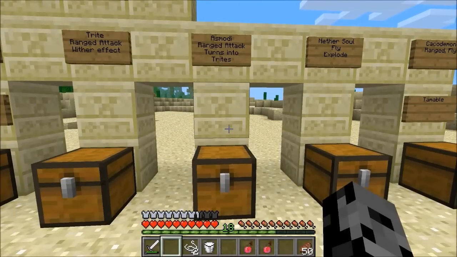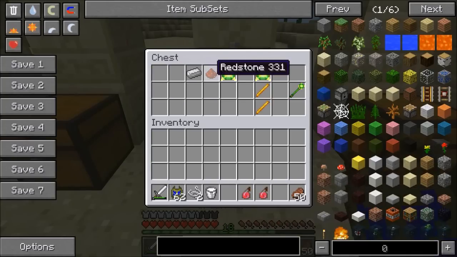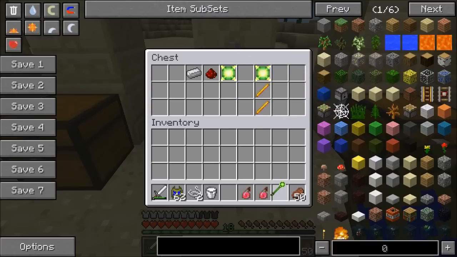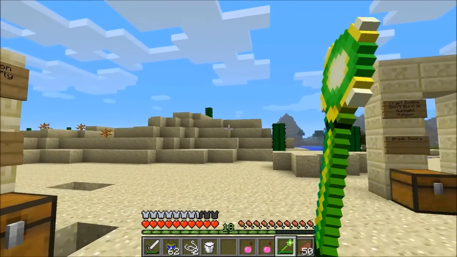The Asmodee. It has a ranged attack and it's extremely quick. Like you can't even get close to it because you just get knocked back. And after it dies, it turns into a bunch of trites, which means a lot of Wither effect on you. So it's kind of hard to kill. So I'll grab this. It can drop an iron ingot, redstone, or a Devil Star charge. And if you get these, you can actually make yourself a Devil Star scepter, which is going to be very useful fighting it. Because, you know, this thing is kind of hard to kill, and you can attack pretty quickly